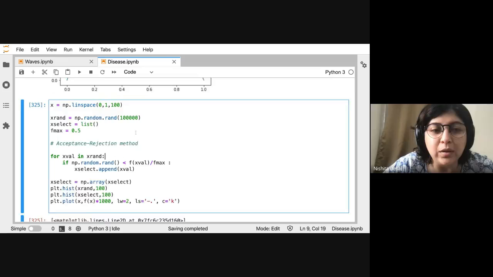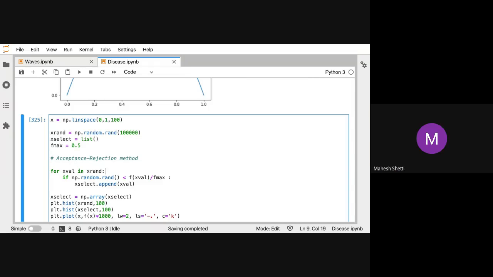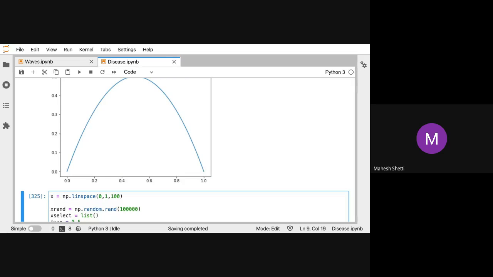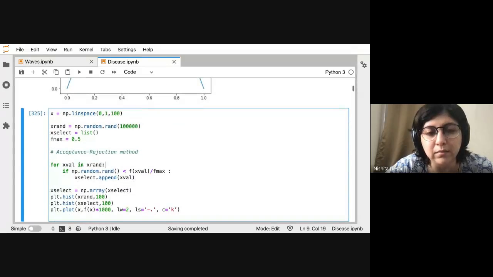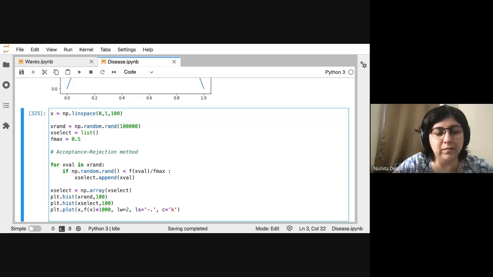Okay. So for each value in X that we generated, we are asking, is this value to be accepted or rejected? So every time within the loop, you are also generating a new random number. Yes. With that if condition. Okay, and then you are checking whether it is smaller than the function of the first random number that you had already generated.